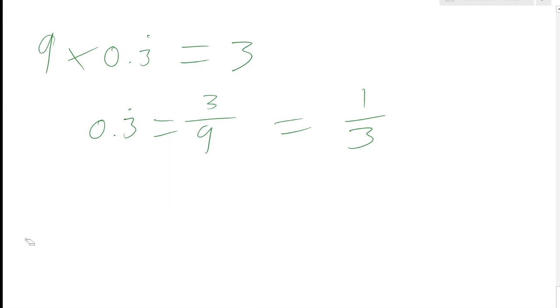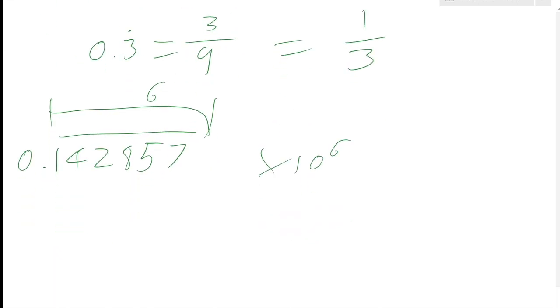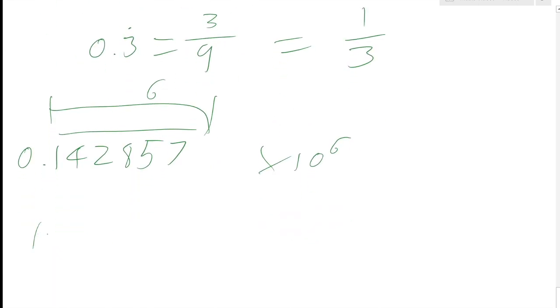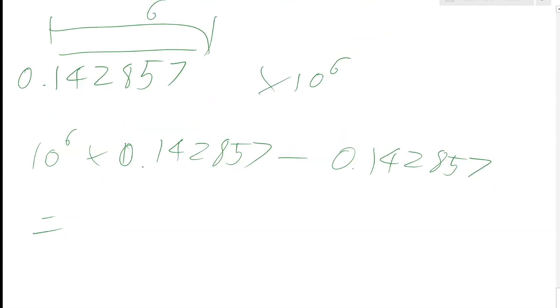So if we wanted to work out what 0.142857 was, well, that's the repeating period, has a length of 6, so we'd multiply by 10 to the 6, which is 1,000,000, and we'd get that 10 to the 6 times 0.142857 minus one lot of 0.142857 just equals 142,857,